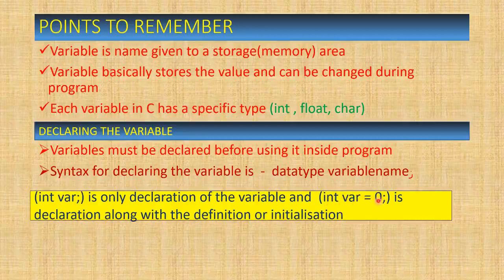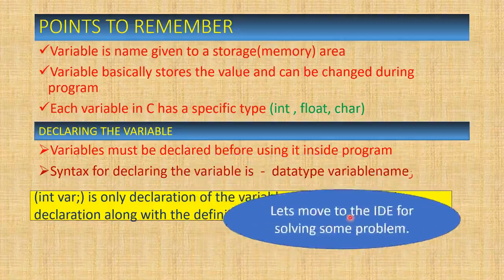That means this value 0 has been stored in the var variable. So this is how the declaration of the variable is done. I recommend that you always initialize the variable after declaring it. So make sure that you use this second part because it will not cause any confusion to you in coming lectures. So now let's move to the IDE